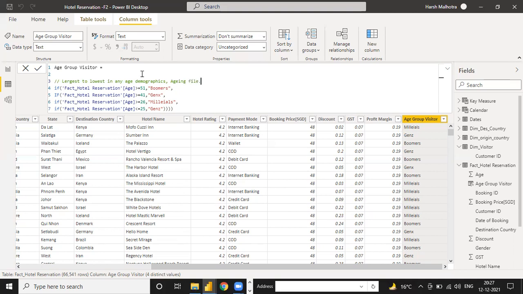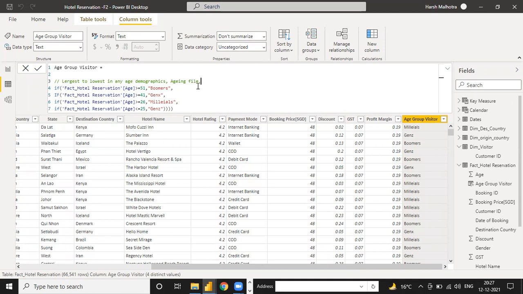Aging file means suppose you are working in an accounts profile, and you have data of debtors and creditors or loan repayments, there is multiple data. So in debtor and creditor, you have to calculate your aging in the DAX function. But if you calculate your aging like less than or equal to in the same function, then it is not correct. In DAX, you have to use only one condition, whether less than or whether greater than. But in Excel, you can use both conditions in one row.